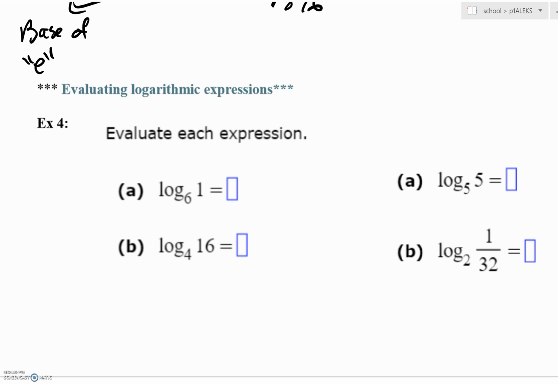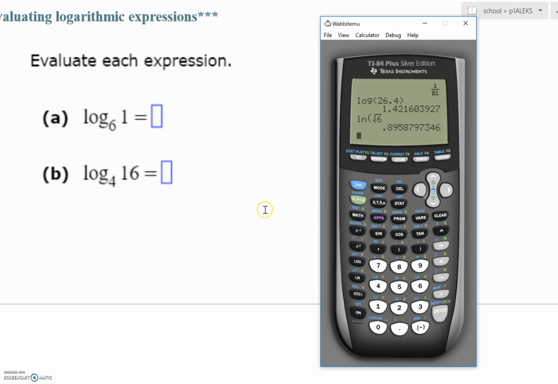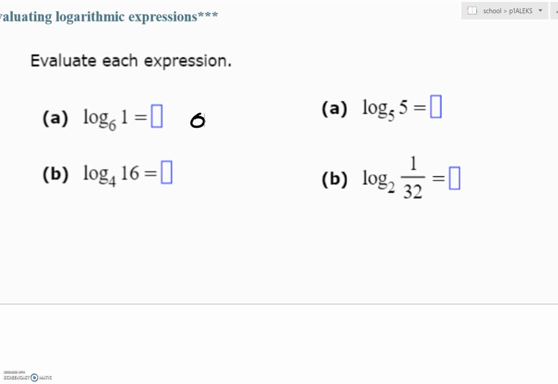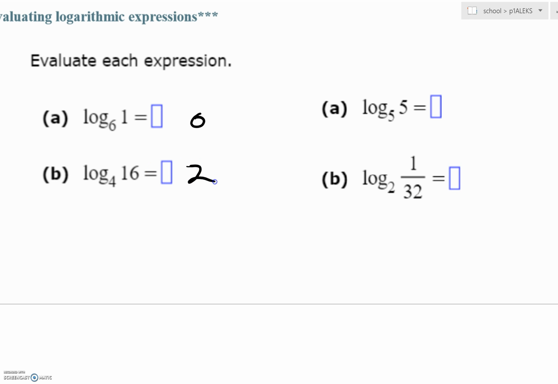Then we're going to have to come down over here and get some help. For these next problems, guys, please go to math and go all the way down to actually past 0 to a. And then you could just go log base 6 of 1 and very quickly get an answer of 0. Look, right below that, I'm just going to hit second enter and retype it. Here's log base 4 of 16, you'll get it too. You can come back over